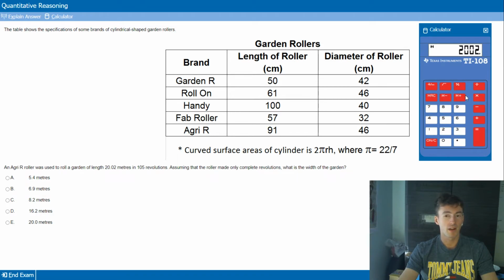The way to get that back, if you stored it, is you do MRC here, and that brings the number back. And then now if we divide that by 2002, we get the answer of